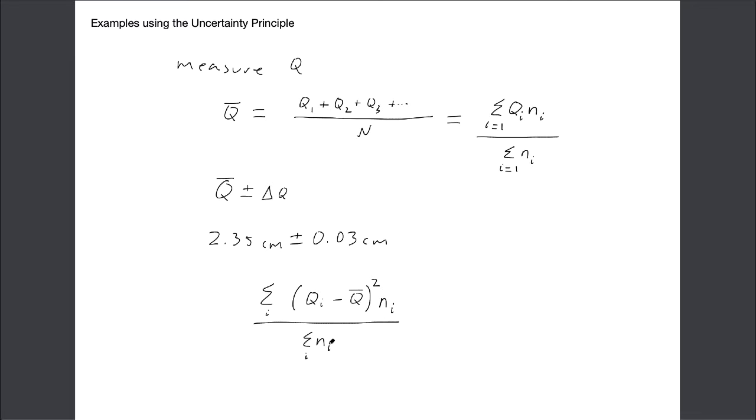But then we realize that this can't quite be right, because we're squaring the number. If we're measuring distance, this is going to be some distance squared, and a bunch of distances squared added together, multiplied by numbers, divided by a number. So that can't be. I can't do centimeters plus or minus centimeters squared. That wouldn't make any sense. So we end up taking a square root of that thing. That is how we're going to calculate standard deviation, or uncertainty, in our data if we have a bunch